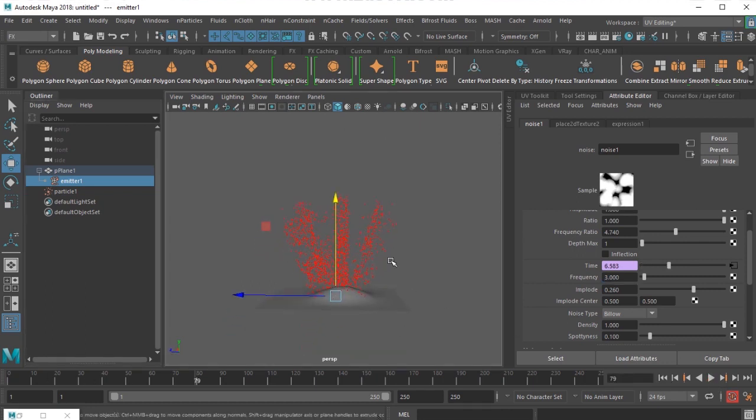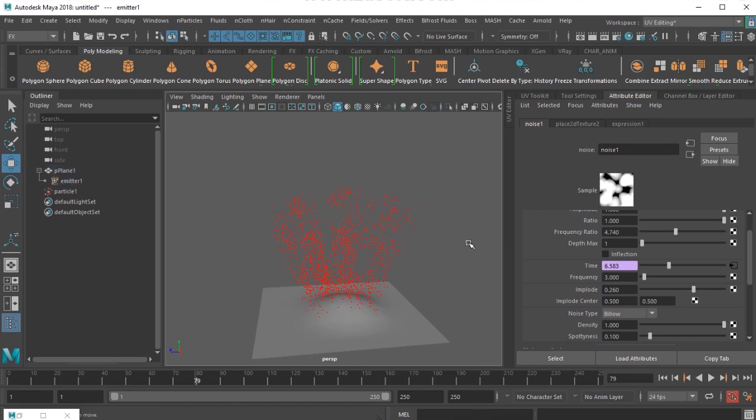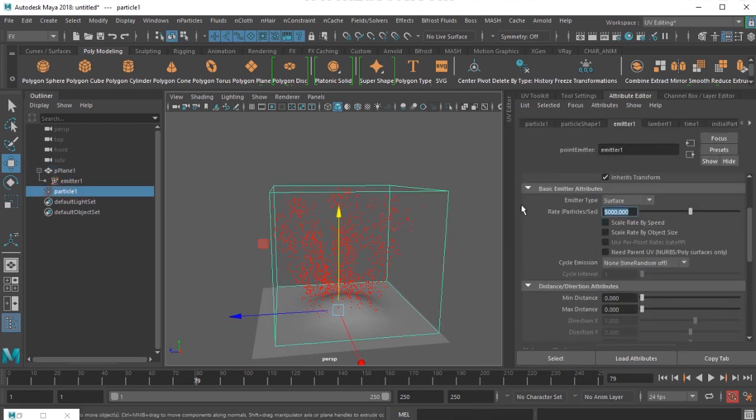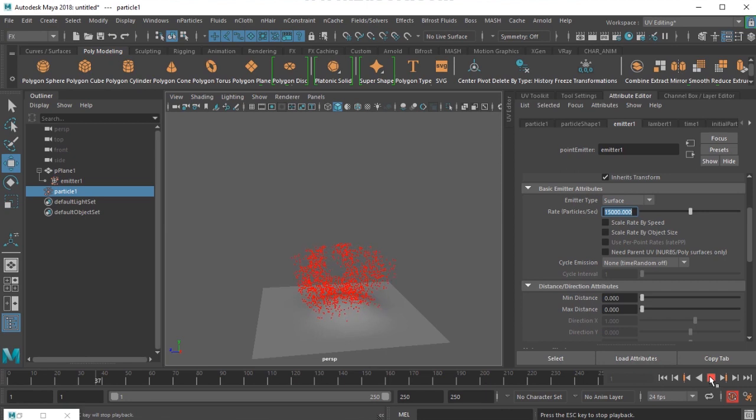Okay, those gaps are what I want. Now I'll keep playing with the number. I'll put a value of 15,000, because I just want denser particles here.